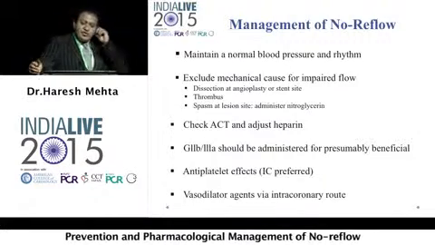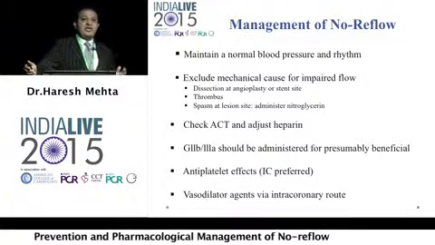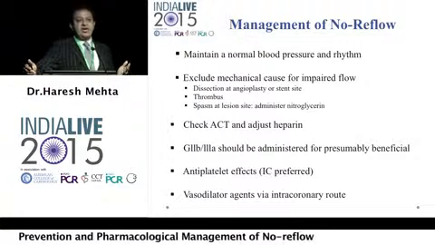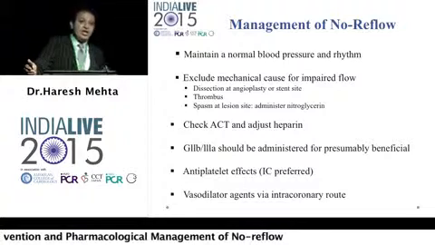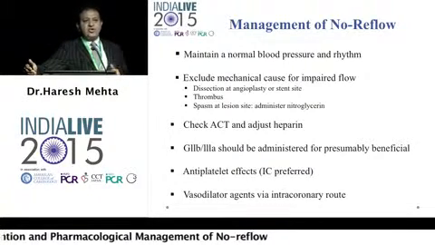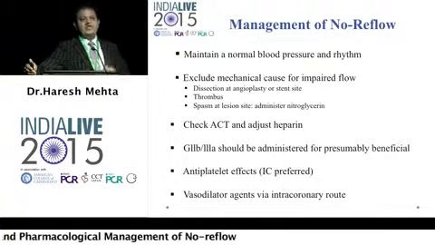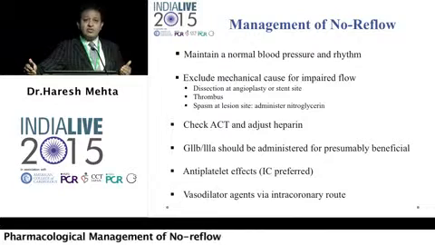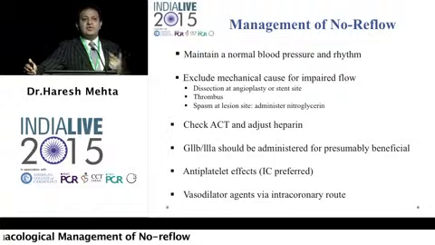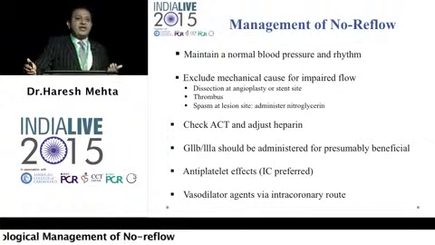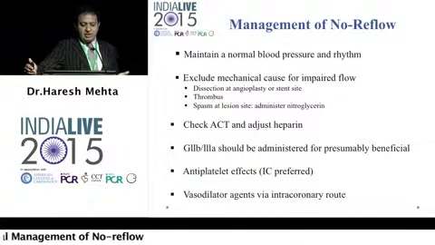So coming to management of no reflow, the most important thing that we forget, because our patients are going to be hypotensive most of the time, and especially if it's an anterior wall, he's giving you no reflow, he's going to be 70 systolic, 80 systolic. So maintain a normal blood pressure and rhythm. We have to concentrate on blood pressure and rhythm. So use inotropes judiciously if required, use an intra-aortic balloon pump, because that's also going to be an adjunct to preventing no reflow. Watch the rhythm, get the rhythm right. If he's in AFib, make an attempt to convert him if he's acute AFib. So we have to have a sinus rhythm to get better outcomes.